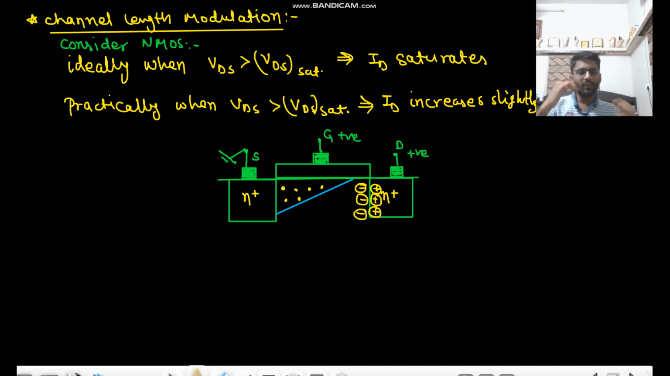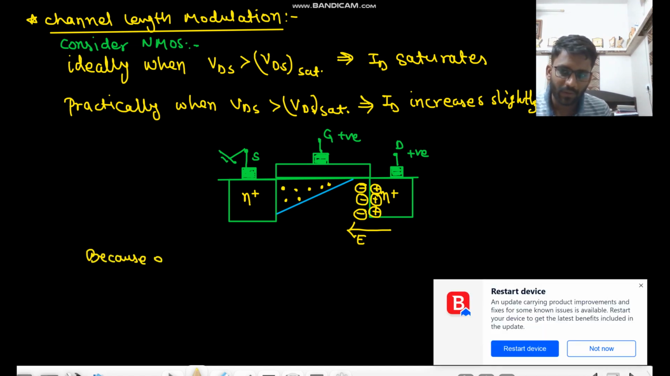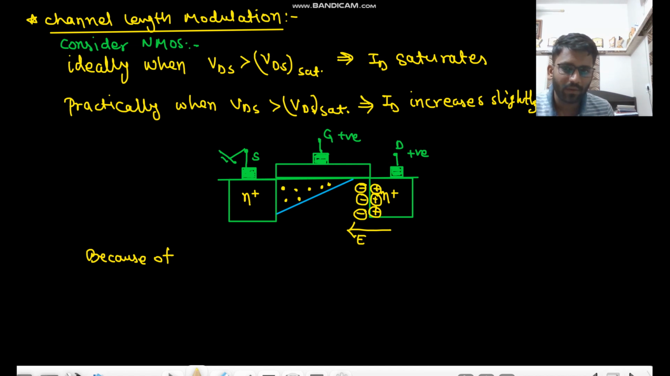What reason did I give for the current to saturate? What was the reason that I told? I told that the current saturates because the number of charge carriers is less in the channel. Look, the number of charge carriers is less in the channel. But if we further increase VDS, this electric field becomes very strong because of high VDS,